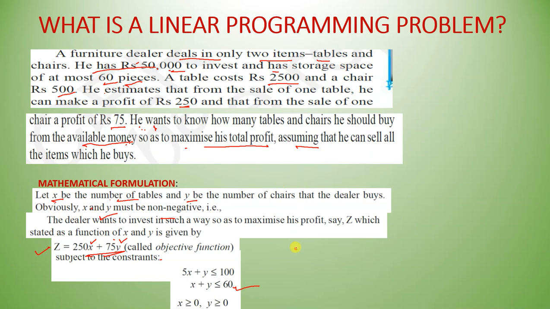So we will have 2500x plus, the cost of chair is 500, and we have purchased y chairs. So the total expenditure on chairs is 500y. It should not exceed 50,000 rupees because he has only 50,000 to invest. So this is less than equal to 50,000. You can divide it by 500 and you get this condition, that is 5x plus y is less